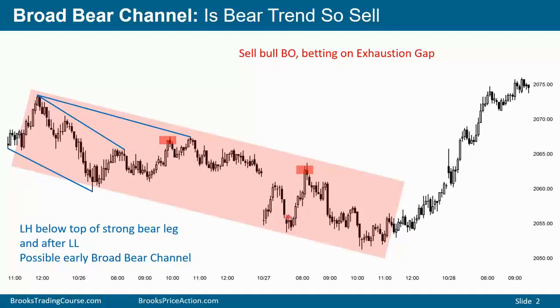First leg is either here, pullback here. Other computers will see the first leg as this, and then pause and second leg up, trapping traders with the biggest bull bar at the top of a trading range and the top of a channel, trapping traders into thinking it's becoming always in long. But the reality is there are far more bears looking for bars like this to come in and sell and overwhelm the weak bulls who are buying too high. If you sold in here, you probably are putting your stop up above the top of the bear trend.